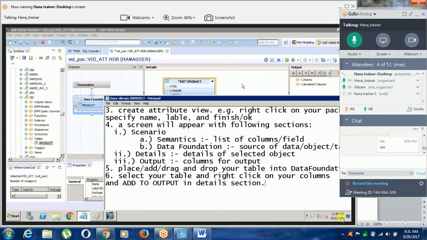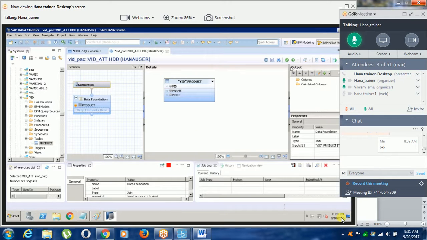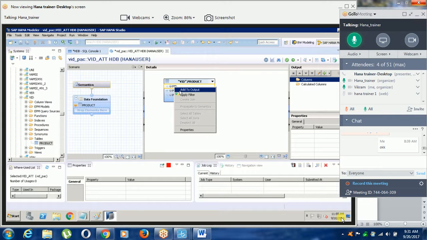I want to show you, this is the output. The output column is blank. If you just right click on your column, add to output, it comes here. It means this is the output of your attribute view. I want to add P name. It comes here. I want to add price. It comes here. So these three columns are the output of this attribute view.